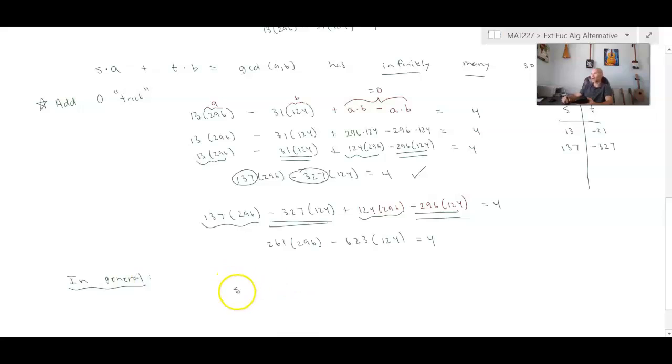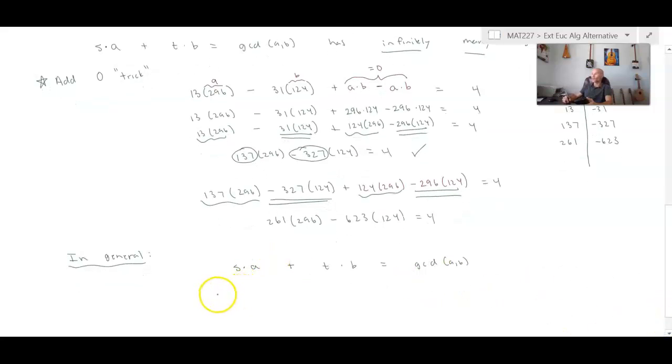Let's say that we found, and I'll up here also populate our new pair, and we can keep doing this indefinitely. If we have S times A plus T times B equals the GCD of A and B,